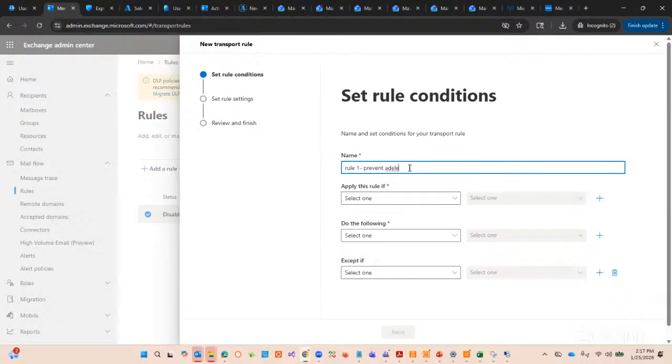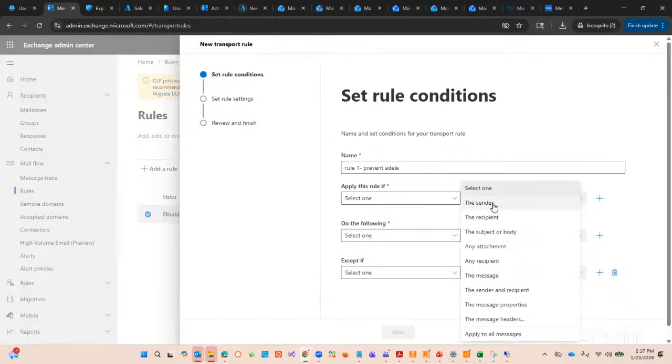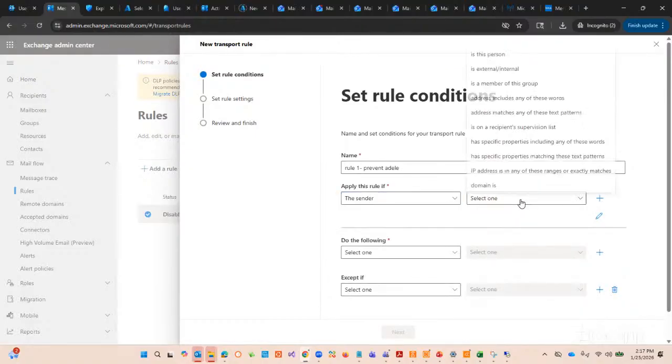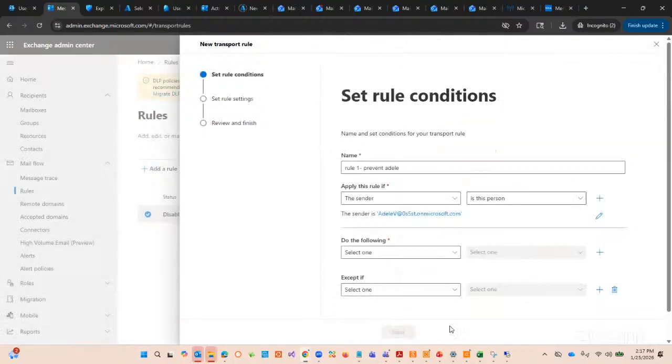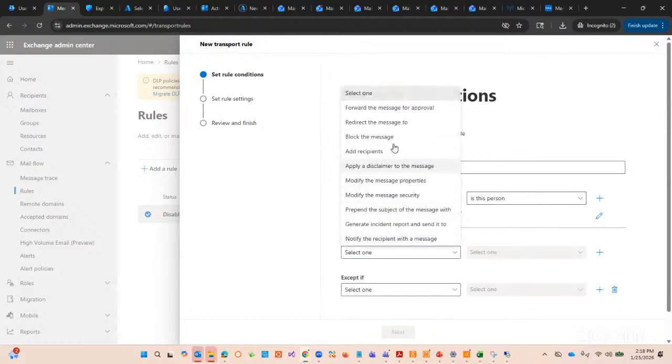a delay, for instance. Let's say I want to prevent that, and say okay, the sender is a person, and then I'm going to make sure that a delay is involved. And I say okay. And then I set the recipient, then I'm going to do another one. Do the following: recipients or blockade, or what does this message do? Redirect